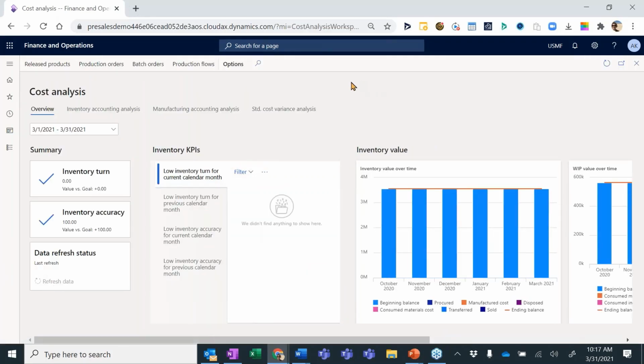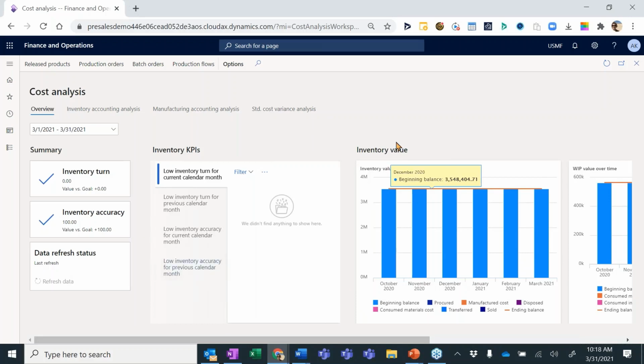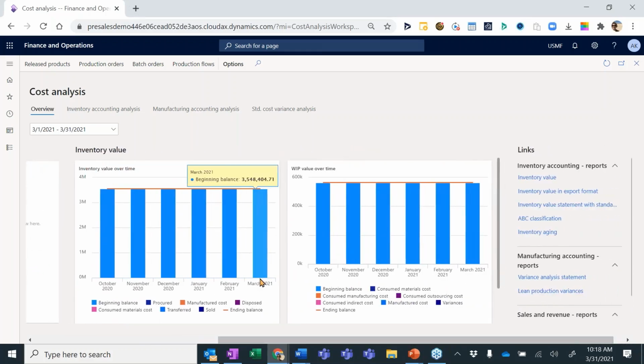For those of us that love our production, which is my happy space, the data here is not terribly exciting. I do apologize. But this looks a little more like a traditional workspace, but I have my embedded controls here, giving me some of the KPI information, and then comparing this month, last month as some additional inventory insights, looking at inventory value over time, and this